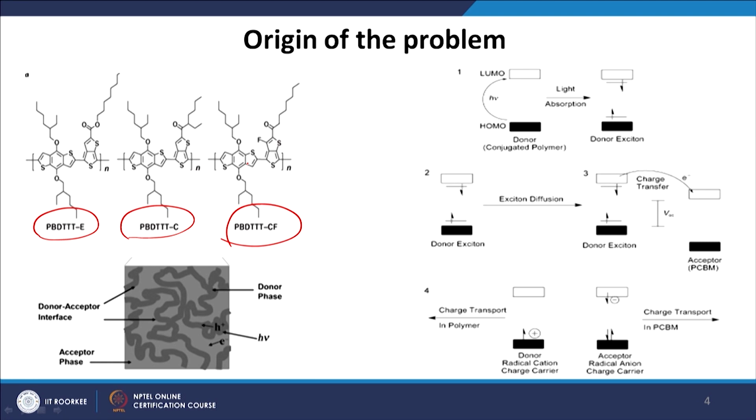Now, the second step was exciton dissociation. When this polymer generates the excitons, we bring an acceptor molecule in very close vicinity to the donor material, so that an electric field or electric potential is generated at the interface, and that potential helps to dissociate the exciton into free charge carriers. Here the donor is a conjugated polymer, and after the light absorption, this is the HOMO level which is completely filled, and this is the LUMO level which is unoccupied. After the light absorption, the electron will go to the LUMO level and the hole will remain here.